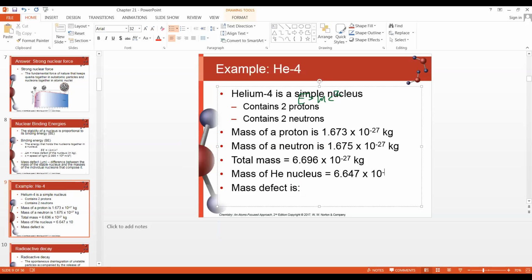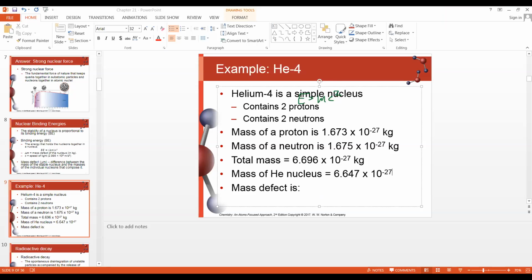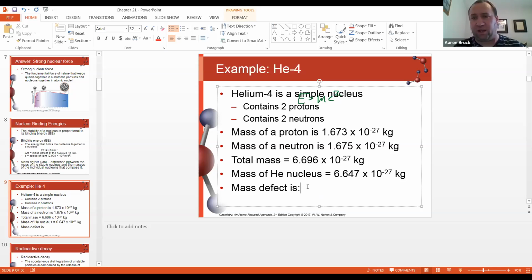Is that one just helium and not helium-4? For that, I'm estimating, but it would probably be a little bit smaller than this. That's the helium itself. I don't have the actual atomic mass of helium-4 in front of me. But nonetheless, the mass defect here would then be just the difference between them,